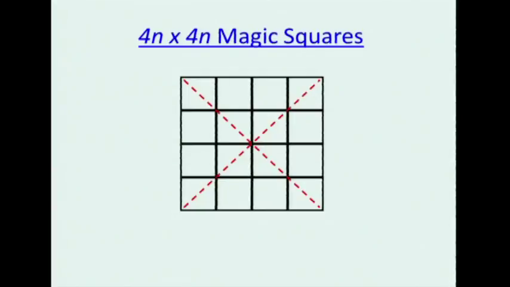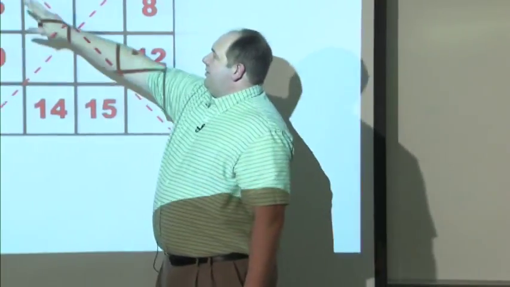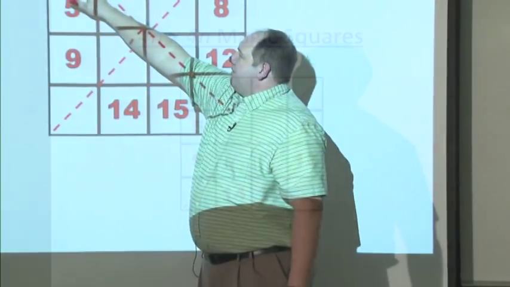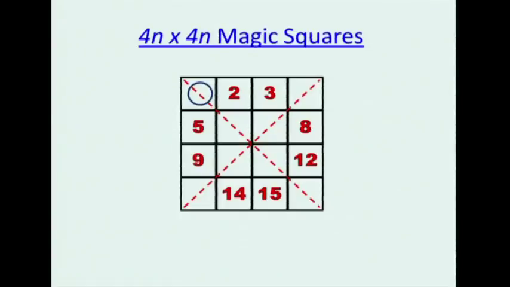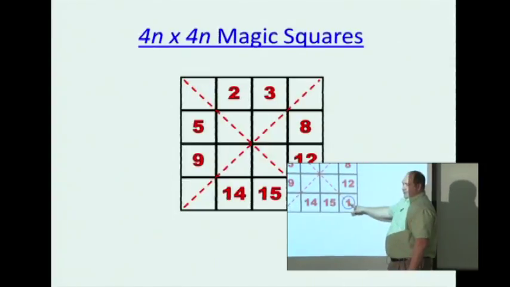So what you do is you draw a diagonal across, and you start in the upper left-hand corner. Anywhere you see the diagonal, don't write the number. So this is 1, but it's red, so don't write it. 2, 3, 4, don't write it. 5, 6, 7, don't write. 8, 9, don't write. 12, don't write. 14, 15, don't write. Start down here now. Now fill in the remaining blanks.